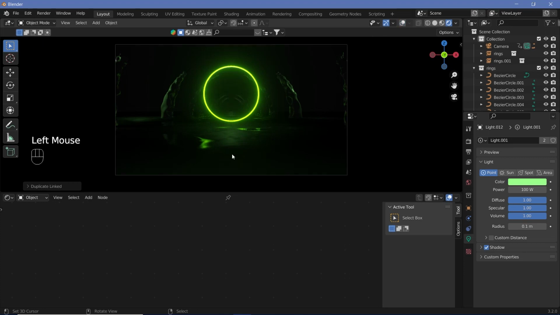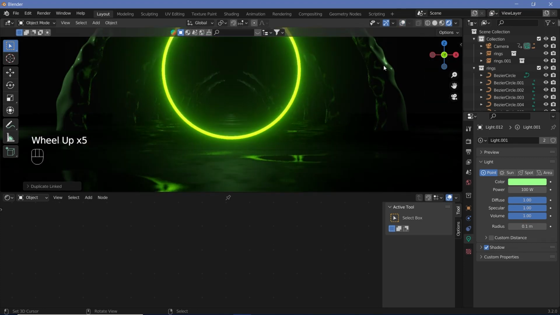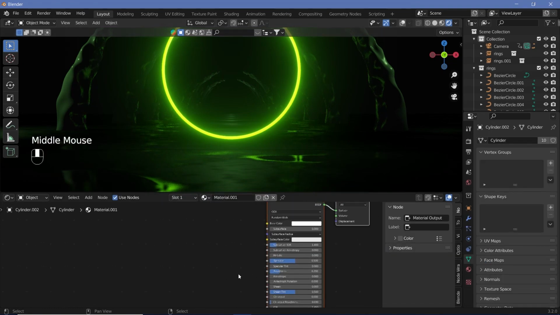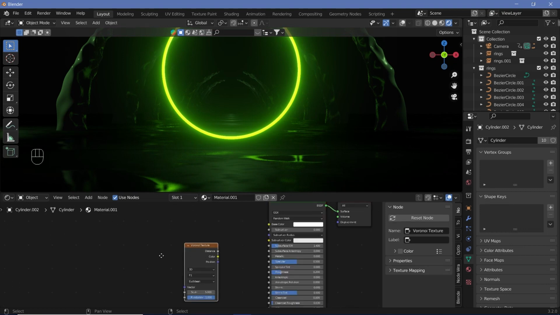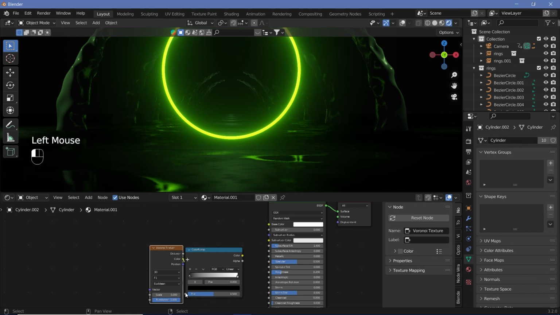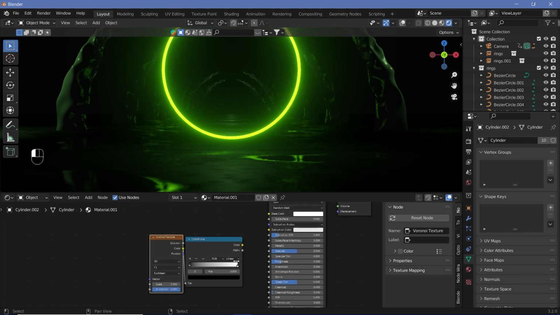And when I look at it, it does not look too great because our rocks now look very smooth and shiny. So in order to fix that, we have to give our rock some more of a texture. So for the roughness, we're just going to search for a Voronoi texture, and we're going to search for a color ramp, plug the color of the Voronoi texture into the factor of the color ramp, and plug the output